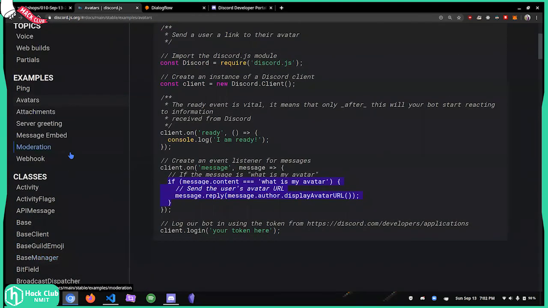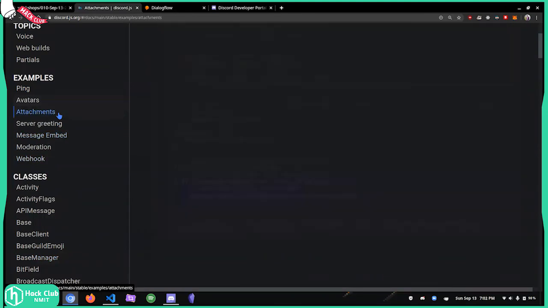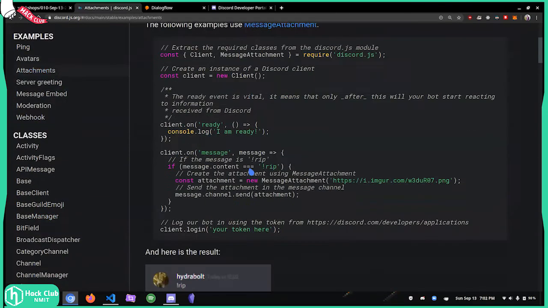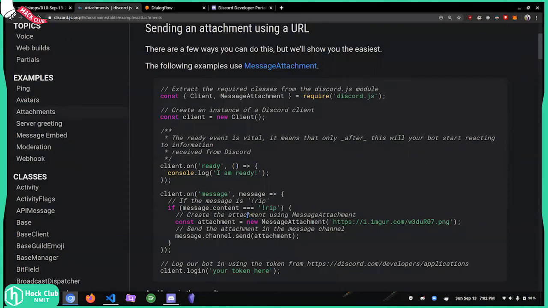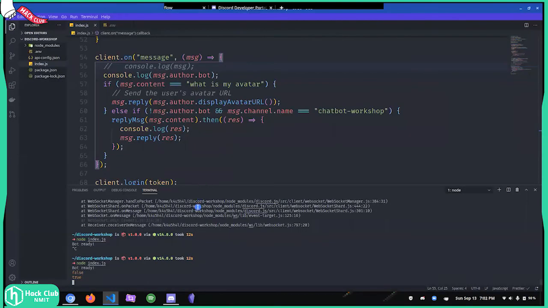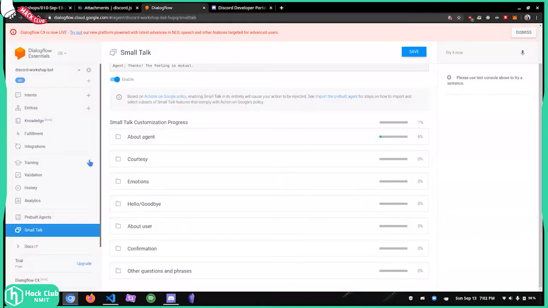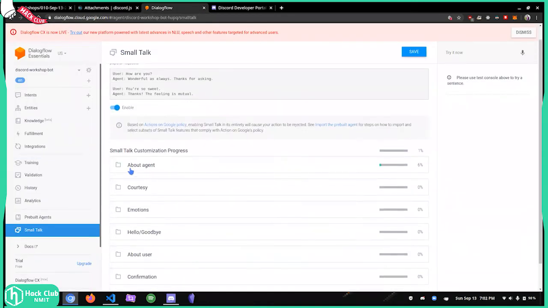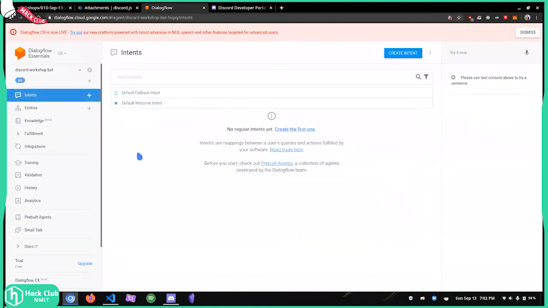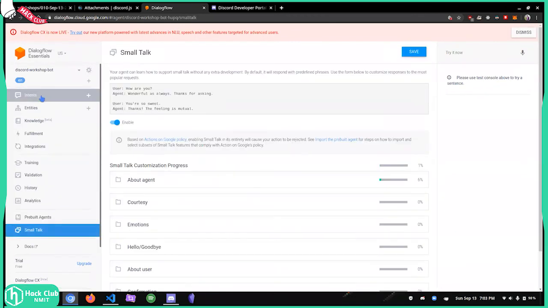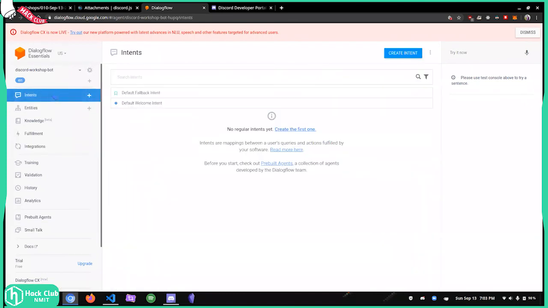So if you can actually see more of these cases, there are a lot of things over here. I may not be able to cover a lot of this, but you guys can read this and try implementing it in your bot. You can make this bot a really good bot by using all this message attachment and client stuff, and then checking out Dialogflow. You can even make intents, but beware: if you make an intent, it may not behave well with your small talk. So you need to check that as well.